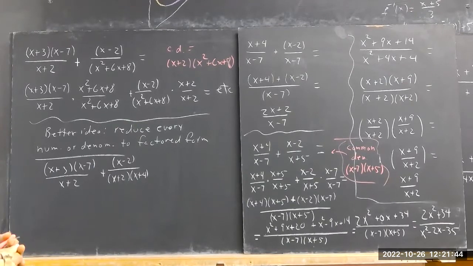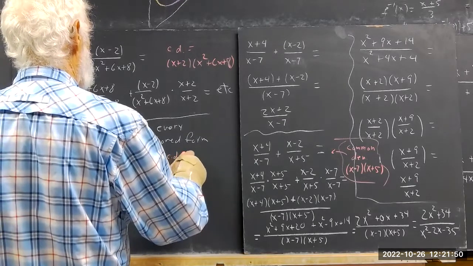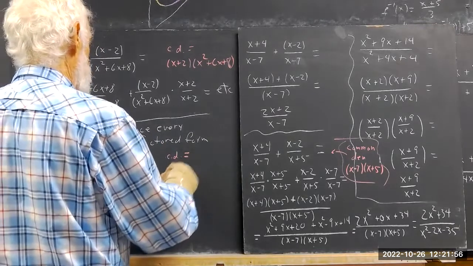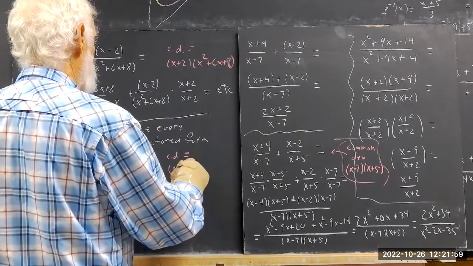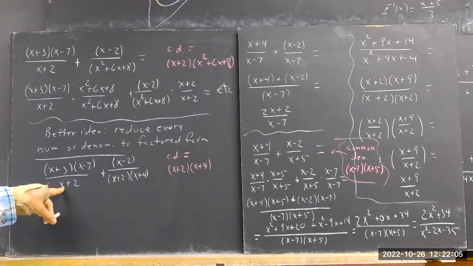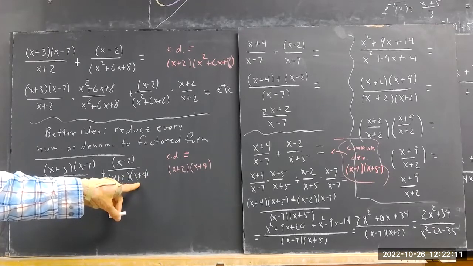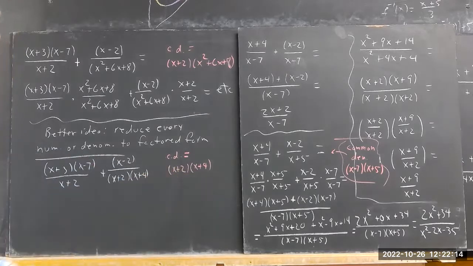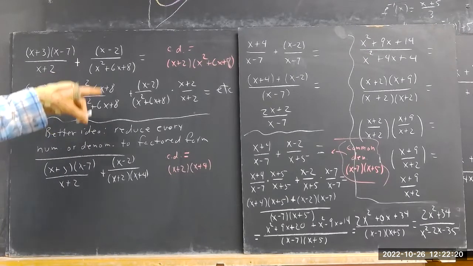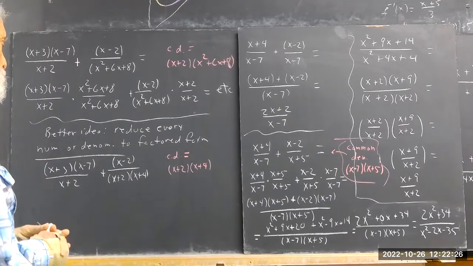What's my common denominator? So my common denominator, it's got to have this denominator. It's got to have an x plus 2, and it's got to have an x plus 4. Okay. And it's got to have an x plus 2, but it's already got an x plus 2 because you've got the x plus 2 in this one. So we have a simpler common denominator. We don't have to multiply by quadratic over quadratic because this quadratic factors, and one of its factors matches this. So all we have to do is multiply by